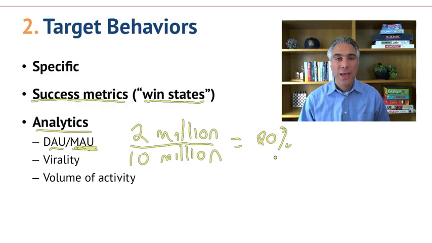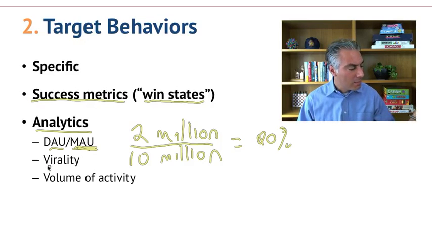If it's higher, if it's closer to 1 being every single user comes back every day of the month, then you have a more engaging site. People come back more frequently. There's richer engagement. They are not just showing up, checking something out, and then leaving and not coming back. The lower the DAU-MAU ratio, the more it is that people are coming sporadically, or again, they're coming a few times and then abandoning, indicators of a less engaging site.